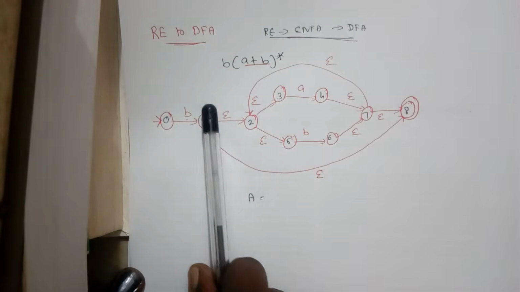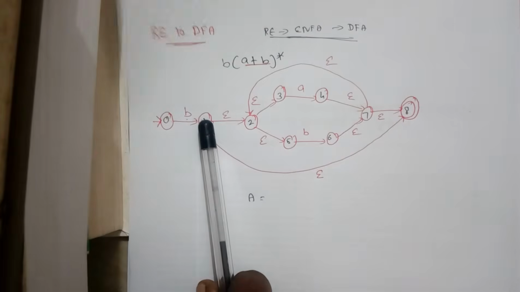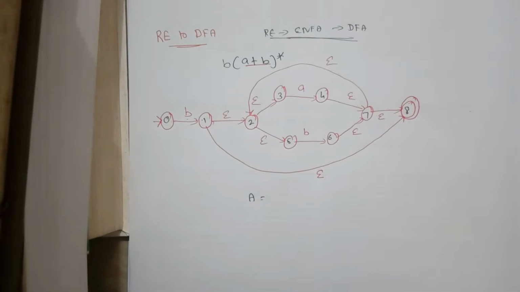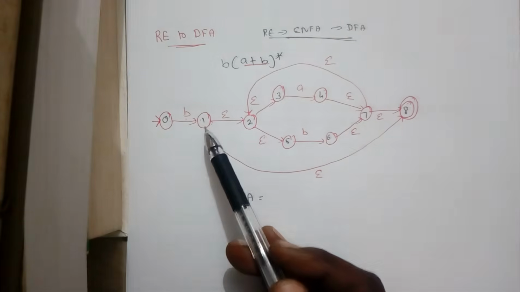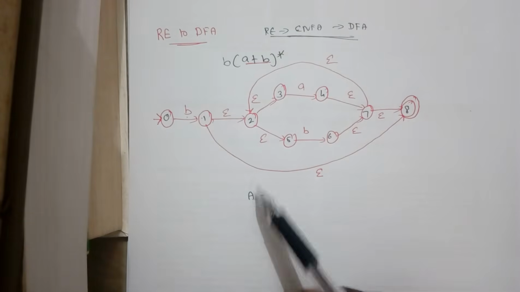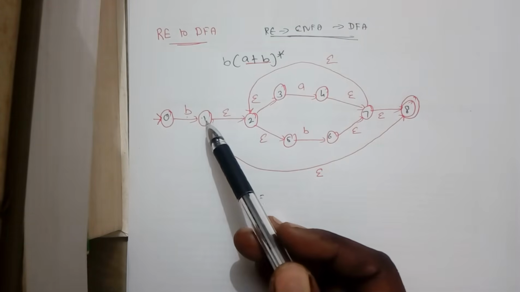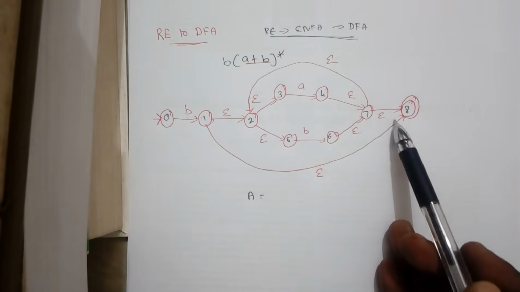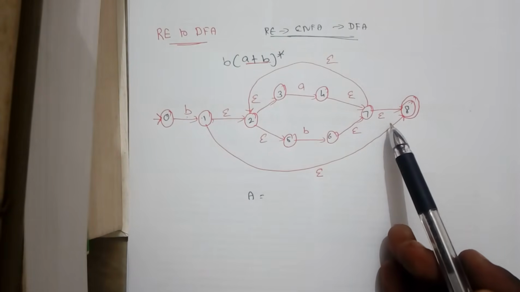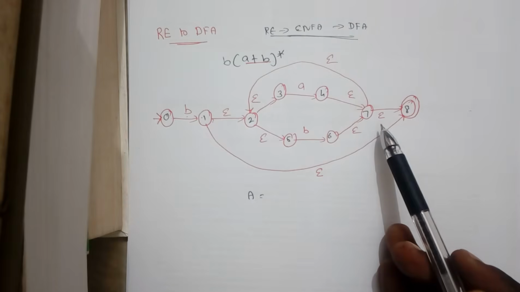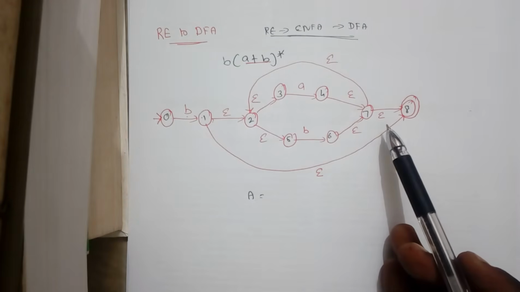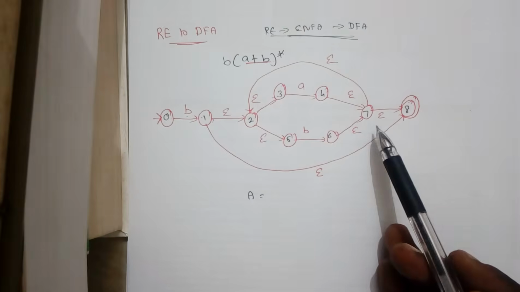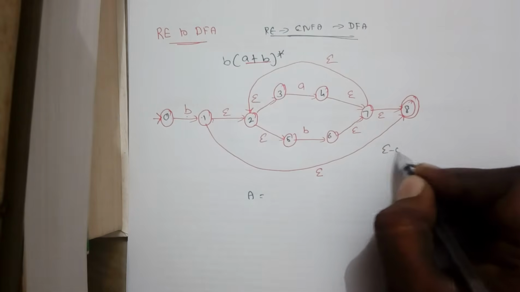So when you consider this 1 as a starting state, in case you don't have a b and you have a transition as just (a plus b) the whole star alone, then when you want to equate this starting state of DFA with 1, the input processing might start with this place or this place. So many states can act as a starting state in case of an epsilon NFA. So we have to club all the epsilon paths together and consider it as a state. That can be indicated using the epsilon closure state. We call something an epsilon closure.